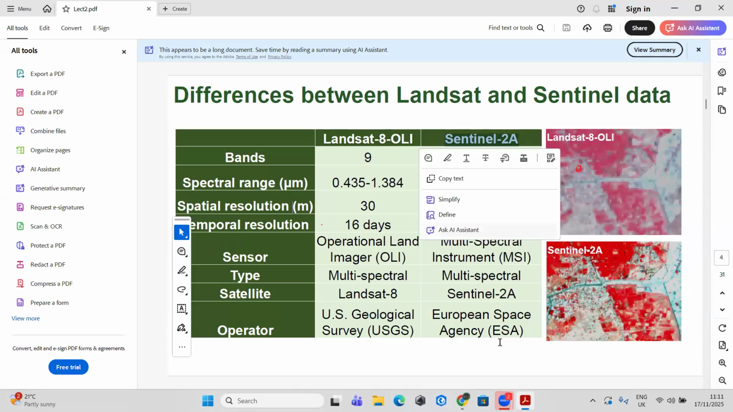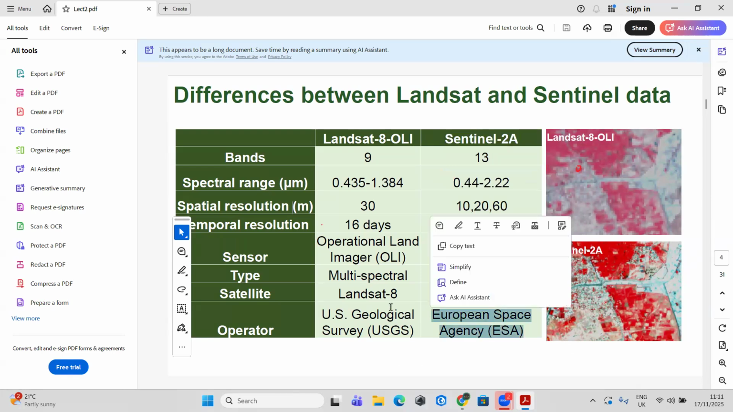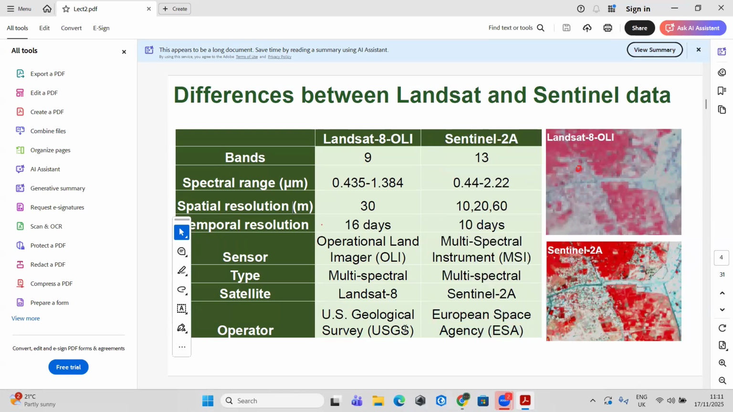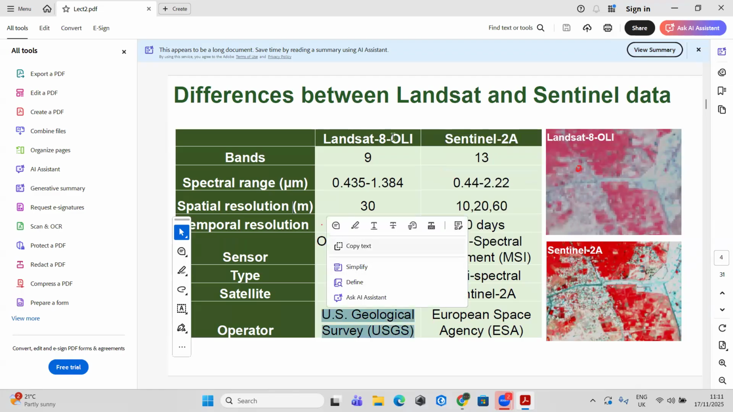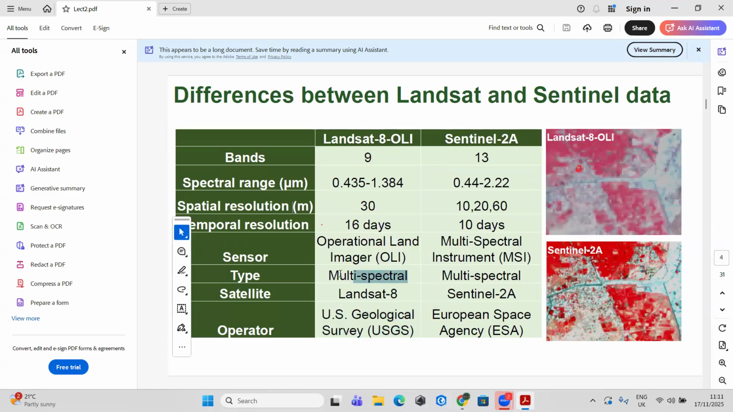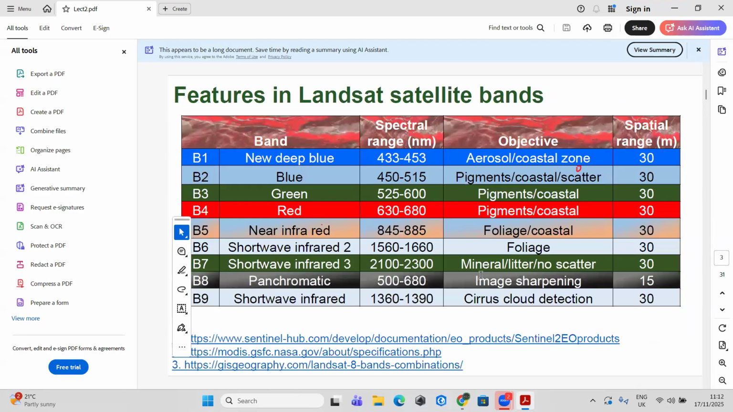Sentinel is owned by the European Space Agency, whereas Landsat is owned by the US Geological Survey. Now, both of them fall into the class of multispectral. So, what happens is,